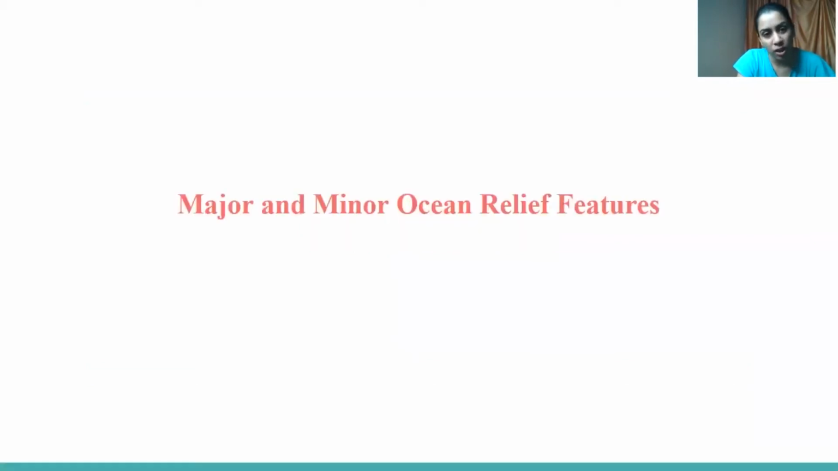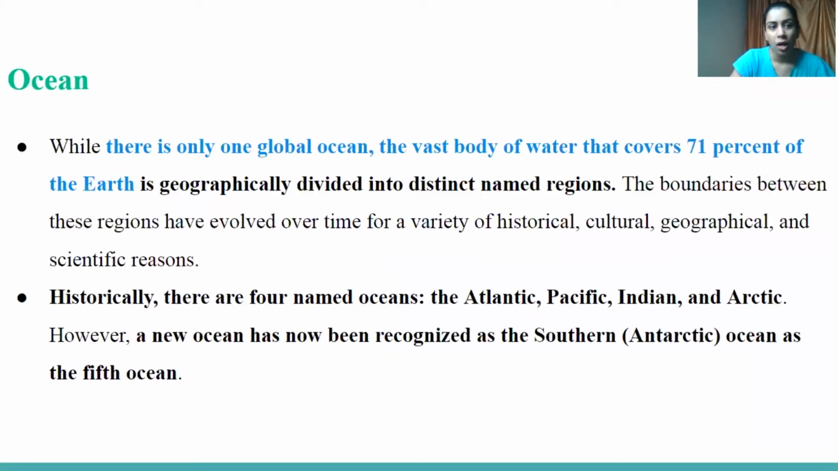So today we are going to study about major and minor ocean relief features. So first of all, what is the ocean? While there is only one global ocean, the vast body of water that covers 71% of Earth is geographically divided into distinct named regions. The boundaries between these regions have evolved over time for a variety of historical, cultural, geographical